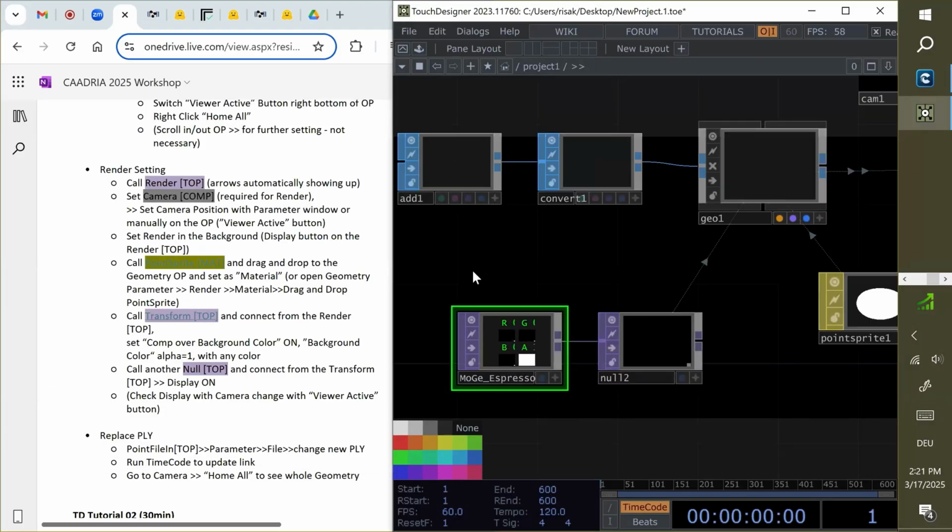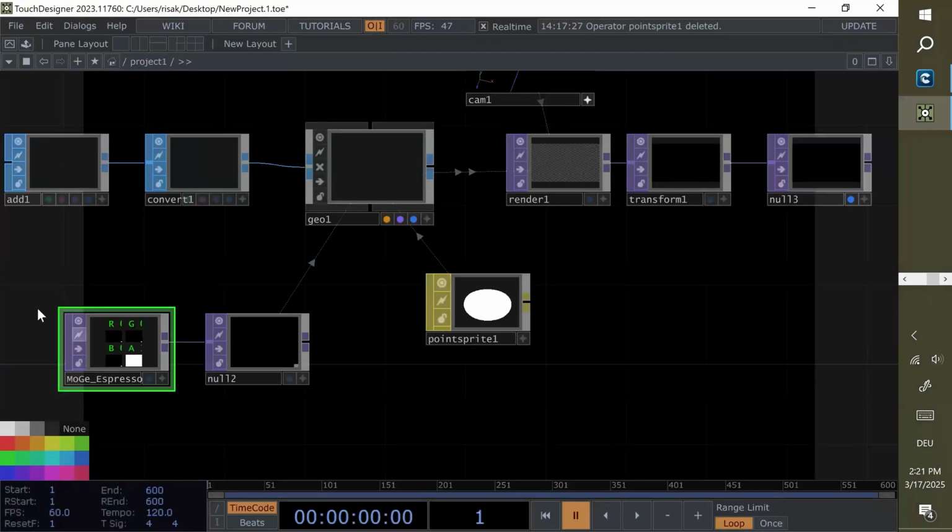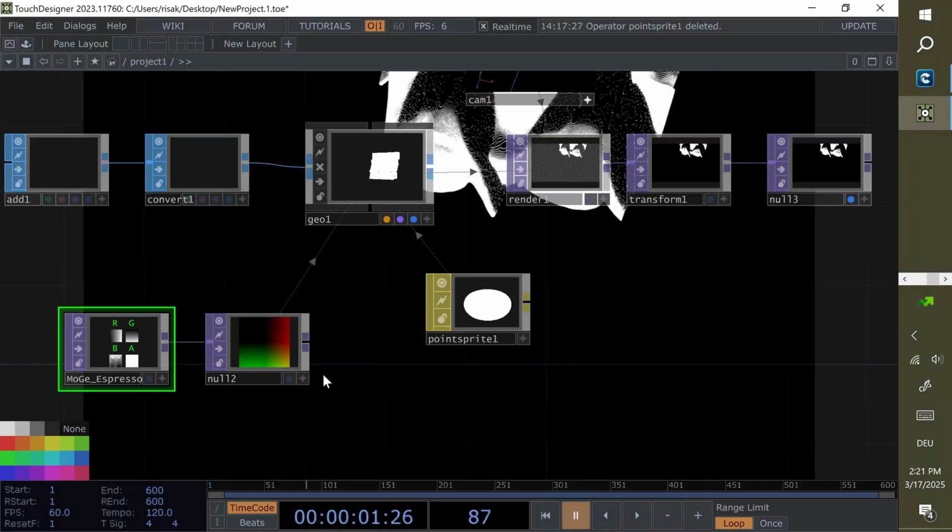Now, some information is missing because this run is not active. So make sure if you change file, you just need to run again so that you see something back again.